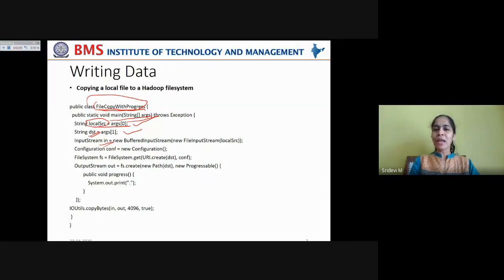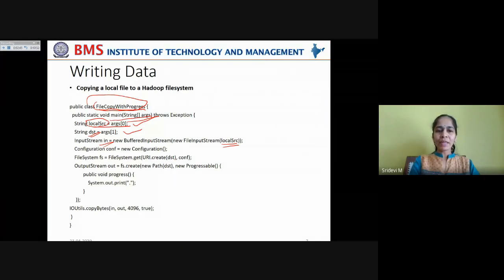This takes a new FileInputStream with the local file path as the parameter. So it is creating a new FileInputStream instance that is connected to your local file, and that is being passed as a parameter to the BufferedInputStream, which will buffer the data, accumulate the data and write it, in your previous case, to standard output, but in this case it is writing to a file on your HDFS cluster. I hope it is clear, right?